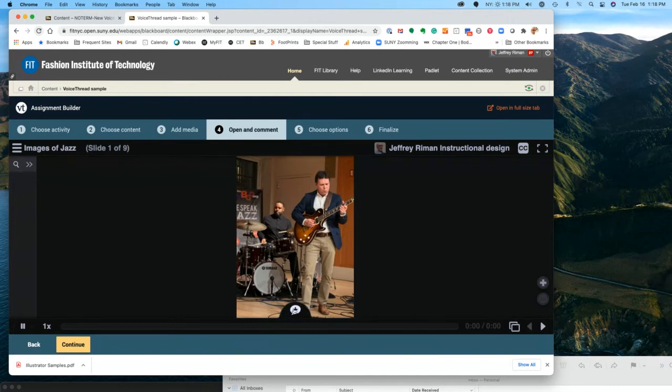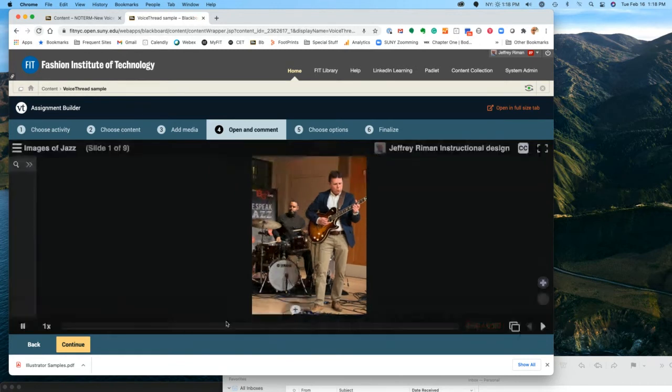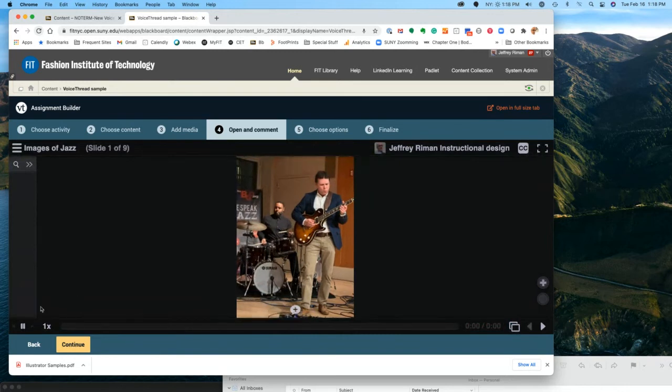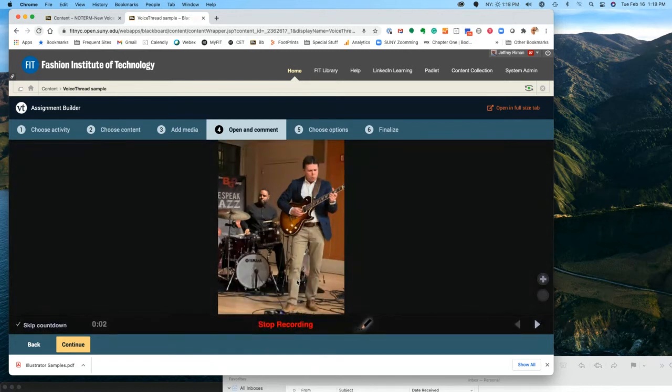In this case, he can just click on the comment bubble and choose the microphone or video. Yeah, I like to use the audio. That way they look at the image. So I'm recording now because I have skip countdown checked. Let me take you back through that so you can see that if you look in the lower left, when I click to choose the microphone, very quickly it pops up to skip the countdown. So I like to just start talking, and a lot of times I go, oh, I'm recording, and I sound like an idiot, and then I go through.